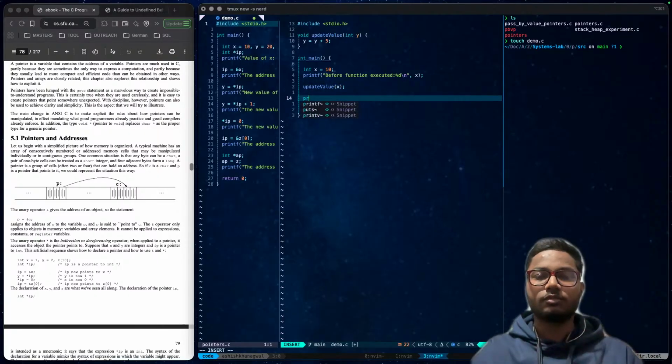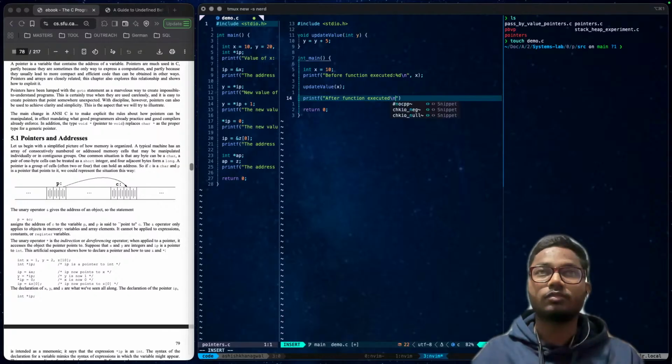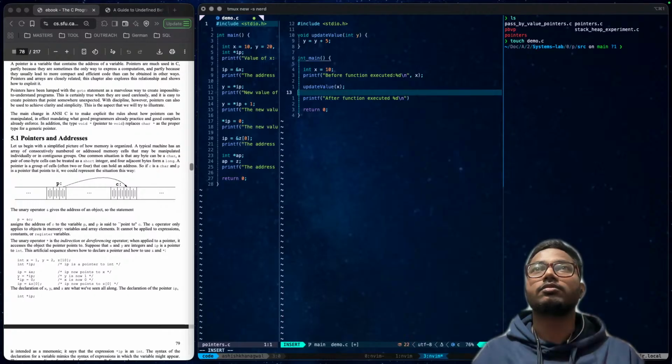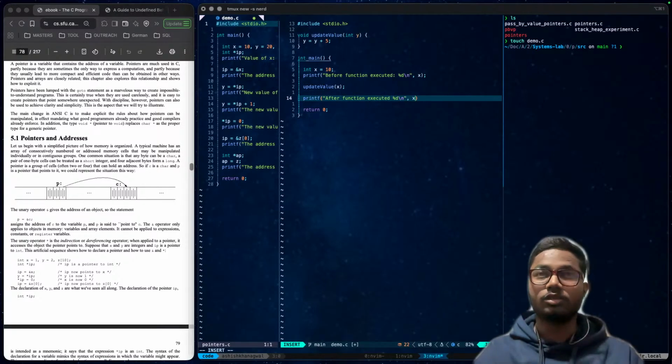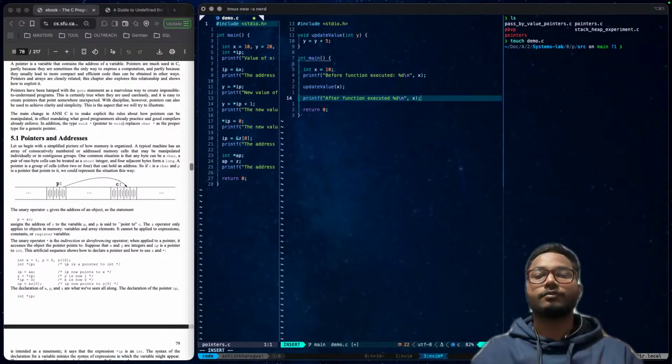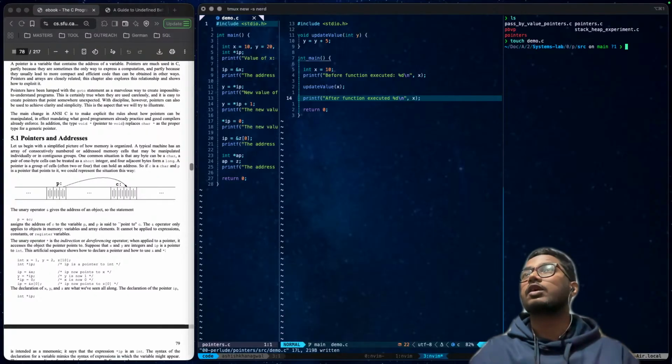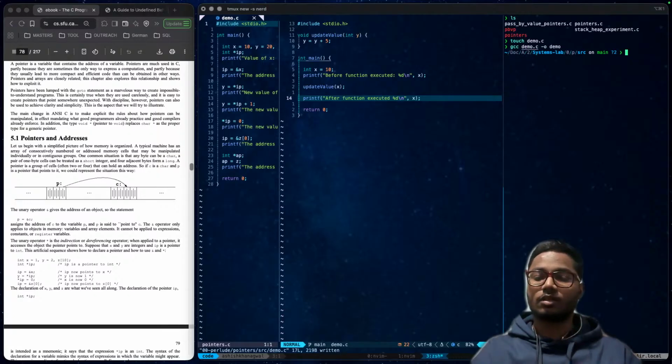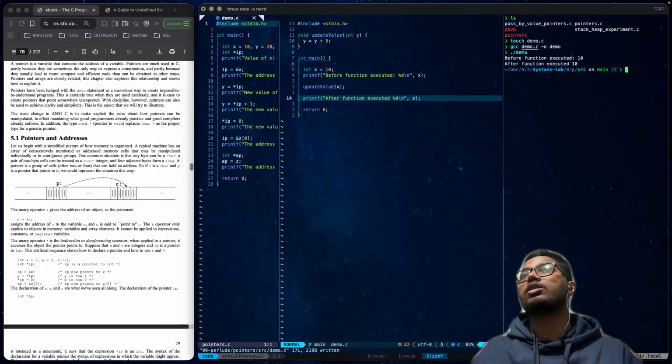After the function executed, if you're wondering what this percent d is, it is just a way to print the value. Okay, this is compiled.